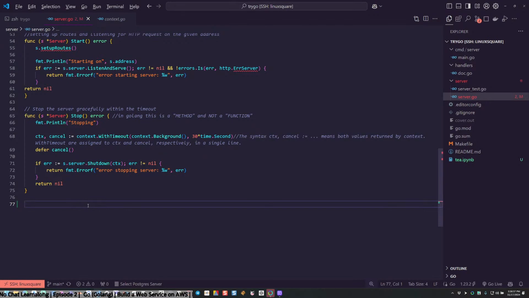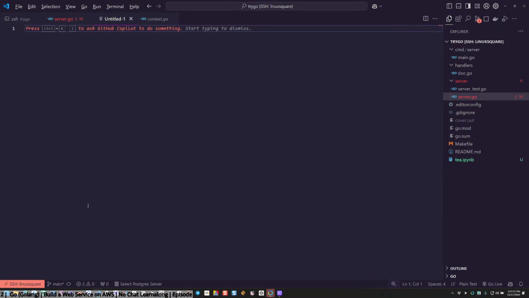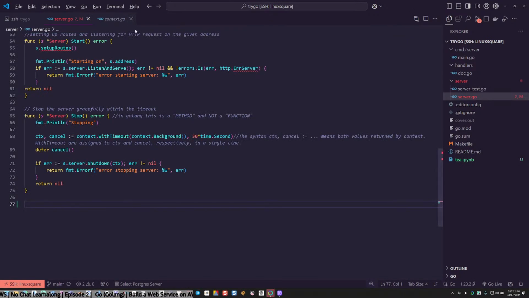Also add this stub to a new server/routes.go file. Wait, where to create that at?